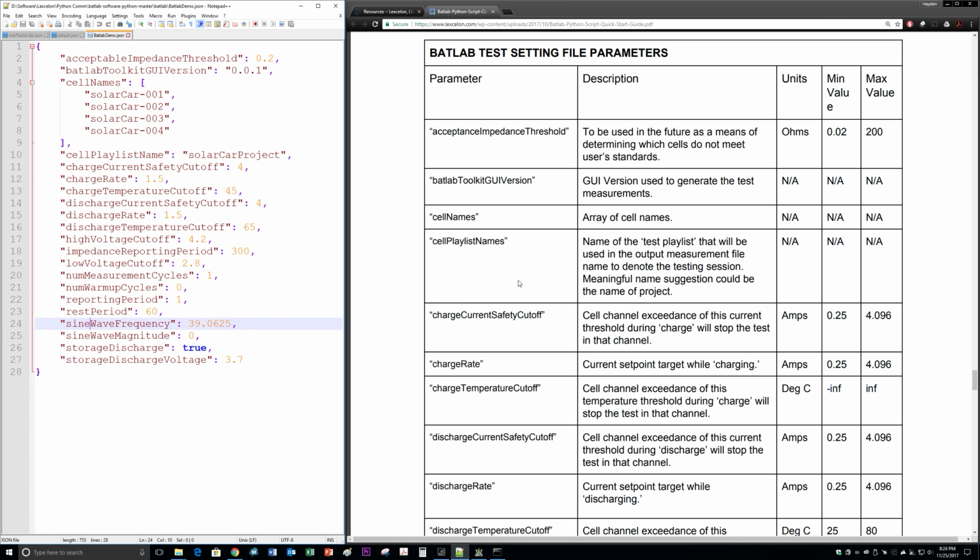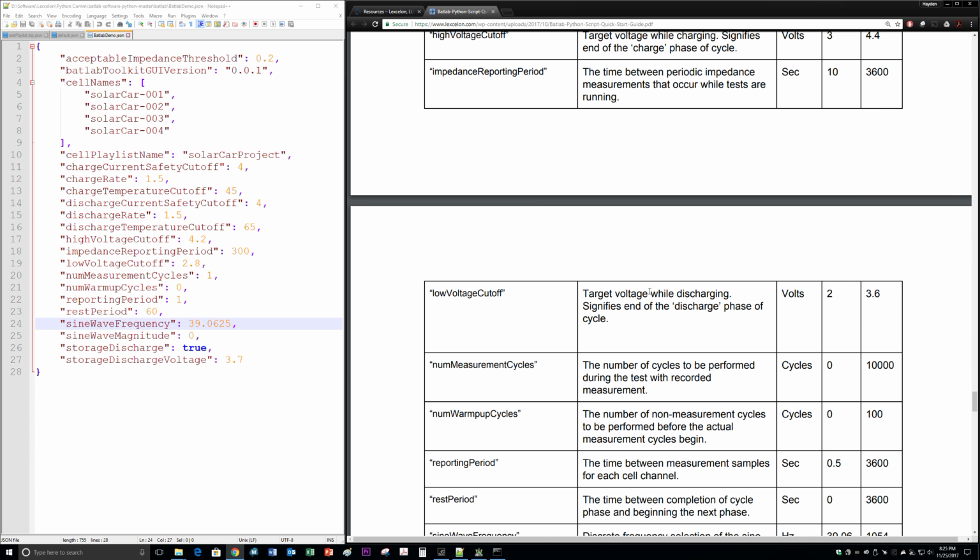Sine wave frequency, that's the frequency of my impedance waveform, which is right now 39.0625 Hertz. It's very important on this one, only set this to be integer multiples of this 39.0625. So the next step, I'd multiply this by 2, I could multiply it by 3, etc. Anything that's an integer, and it has a maximum value, which is defined over here on